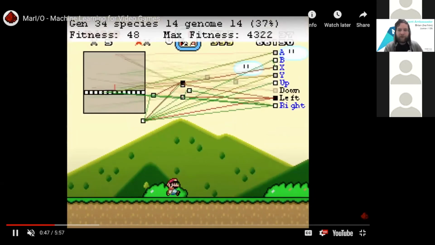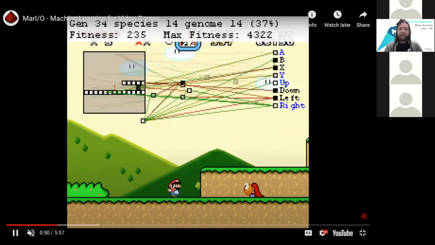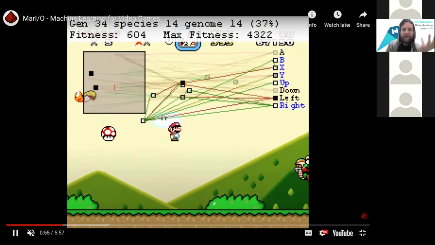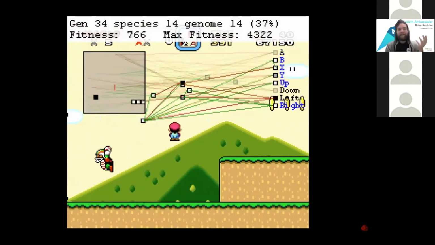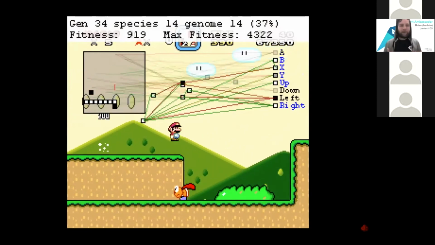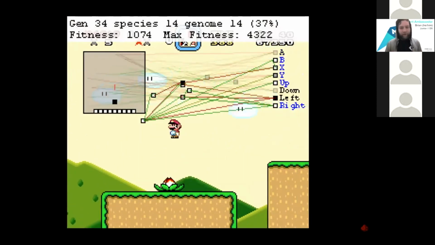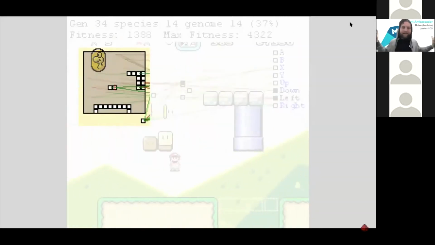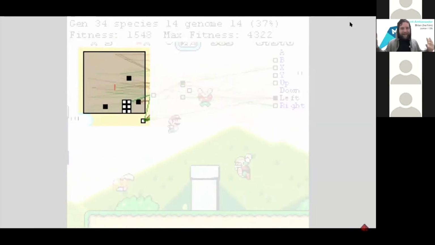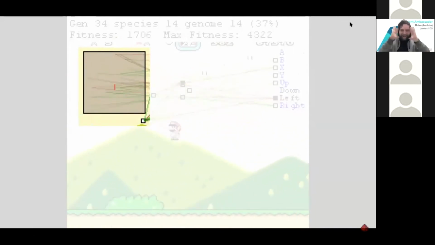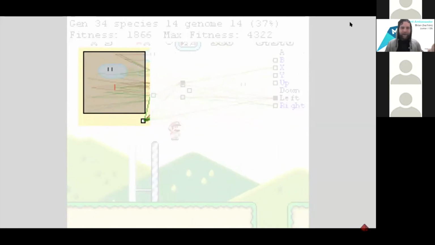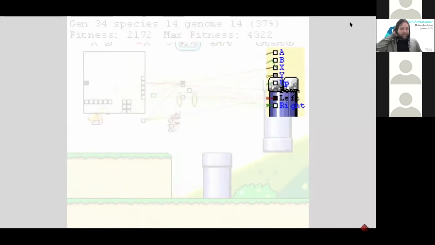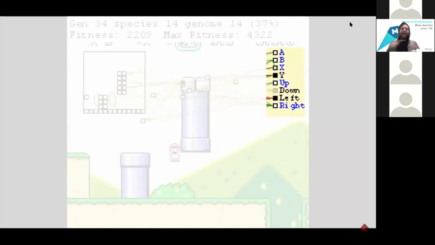The computer doesn't always try to get the coins, unlike a human. Yeah, because what is the computer evaluating? It's evaluating fitness. No, it's evaluating whether or not it's staying alive. Whereas a human is going to prioritize getting a high score and maybe taking out some Koopas because why not? Whereas the computer has absolutely no concept of coins or enemies. It has one goal in mind, and that is to move right, no matter what the cost is. People sometimes try to go in different ways and see everything, while a computer only wants to get to the end. That's exactly right.